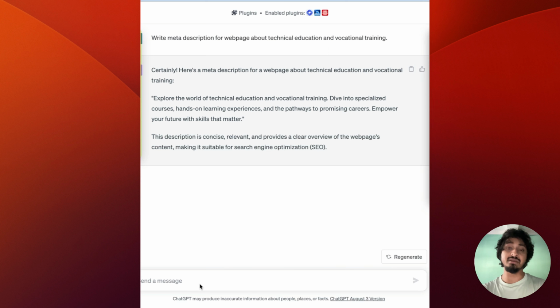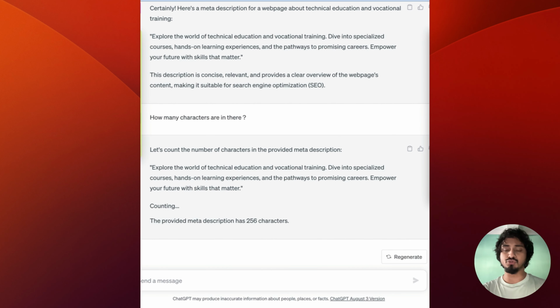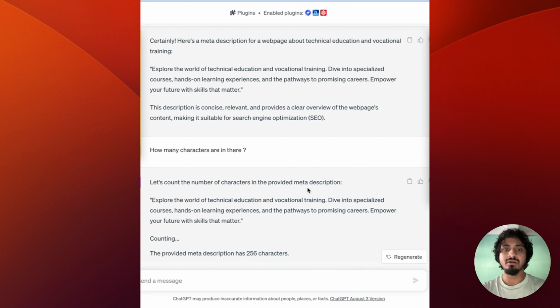Okay, so let's give another prompt. How many? Okay, so it's calculating the characters, so 256 characters. So by default it gave us 256 characters. I haven't inserted any prompt related to SEO, so I just included the meta description word and expect Chat to know the meta description and character limit. So by default it showed 256 characters and gave me another thing: that it is concise, relevant,